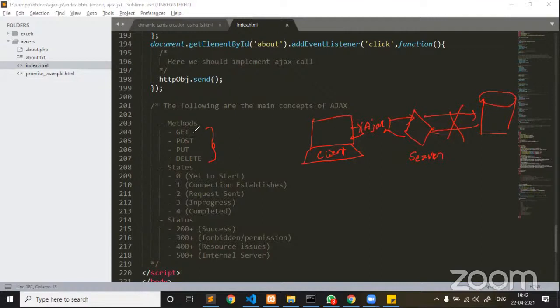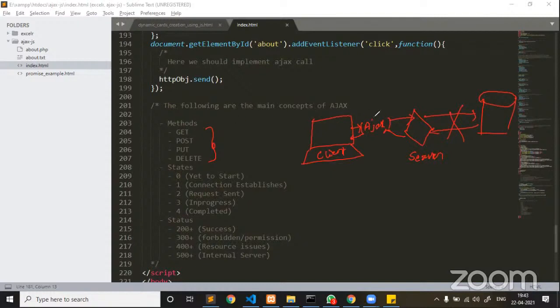Now, get method, post method, put method, and delete method. Guys, it's all about, see, when you go to a bank, if you wanted to deposit an amount into your account, they will ask you to fill a deposit form. If you wanted to withdraw, you have to fill a withdrawal form. If you wanted to put a check, you have to fill some different forms. That is what you have to use. Now, similarly, if you wanted to submit or send a request from client to a server, make sure that you know what method you're supposed to use while placing an Ajax call.